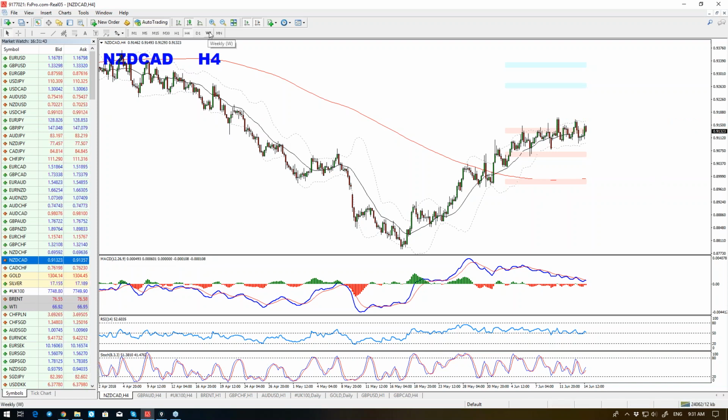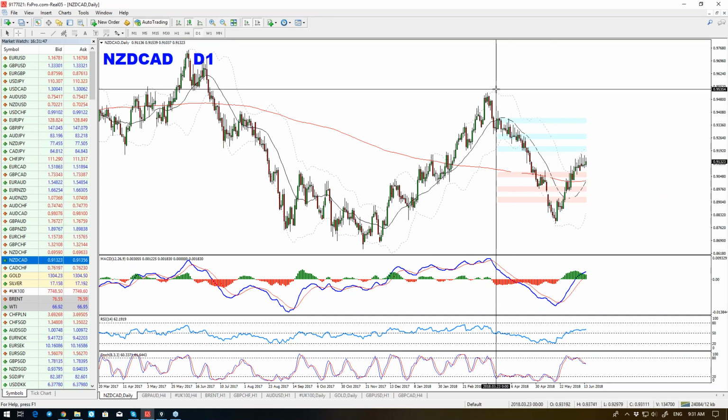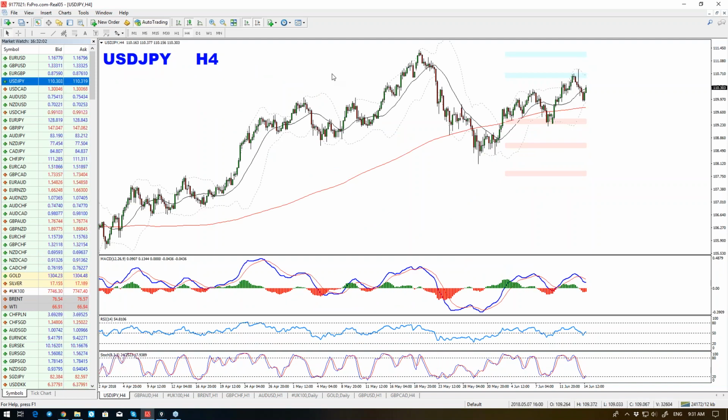Weekly cycle and monthly cycle are bearish. Daily cycle is bearish, hidden divergence. Daily momentum is bearish, hidden divergence. The 4-hour chart is a special cycle by itself with the divergence, with the false breaks. The way I see that, it's only a question of time. So for me, it's only sell